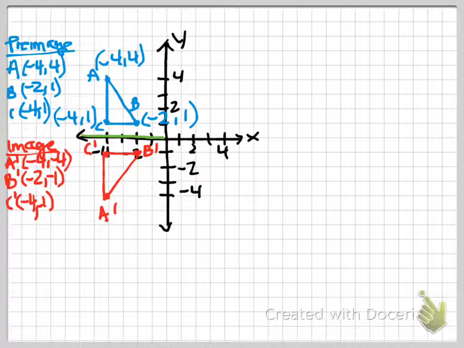Okay, so look at your coordinates. Look at A to A prime, B to B prime, C to C prime. And do you see anything interesting happening to the coordinates? Dylan, what do you see? Okay, did anything happen to the x's? No. Okay, so when we reflected over the x-axis,